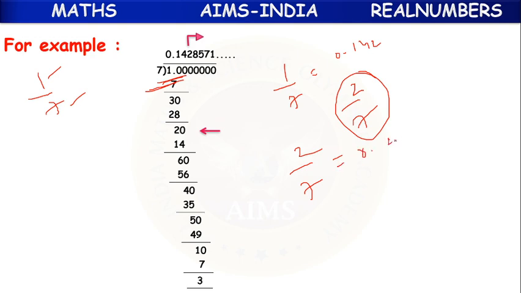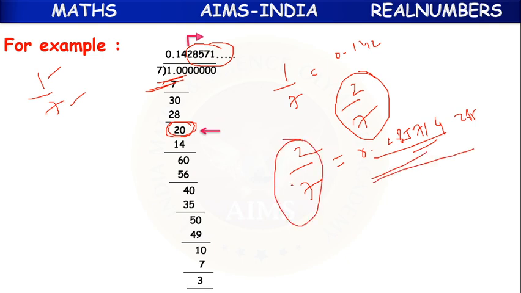So we have to write 0.28571. Again after that 4 will come. Again 2, 8. So like that, by observing the position of this 20, and by observing the position of the quotient and the remaining decimal places, we can express the decimal expansion of 2 by 7 without division.